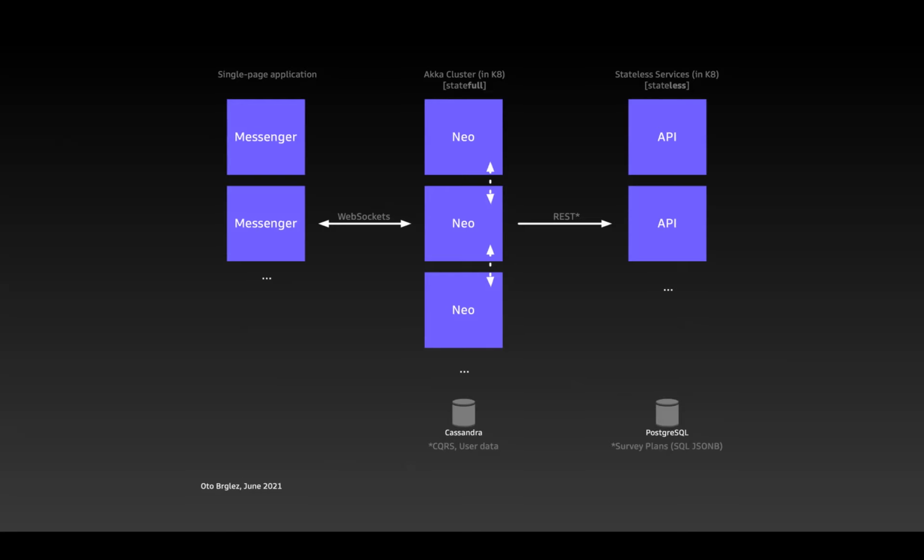So for each respondent that is at any given moment having a conversation with our system, we have an actor that represents that state. The front end is sending messages to this actor, and the actor is replying with messages back to the system. So you can see that very naturally we're dealing with state. That state needs to be distributed, and we need to conduct this research on quite a massive scale.